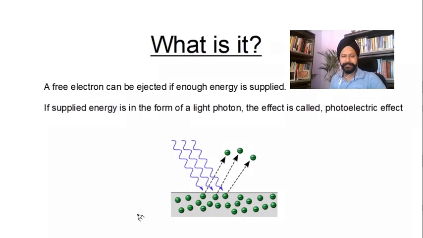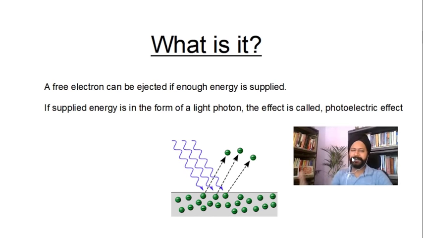So let's get started with what is photoelectric effect. Some of you already know it, others may not. Let's say there's a piece of metal. I don't have a metal here around me, so let's say this was a piece of metal. If I throw some light on that, in certain situations you would actually notice electrons start coming out of this metal. So what's going on? Why do electrons come out, and how do we control the electrons coming out? How do we increase the number of electrons coming out, or how do we increase the speed with which they are coming out? That is all covered under photoelectric effect.